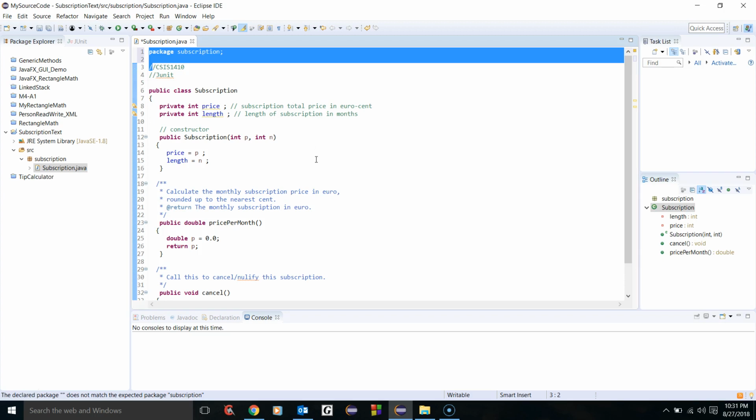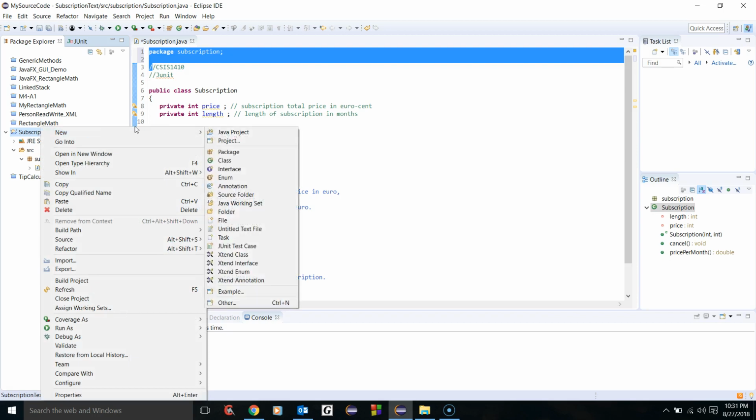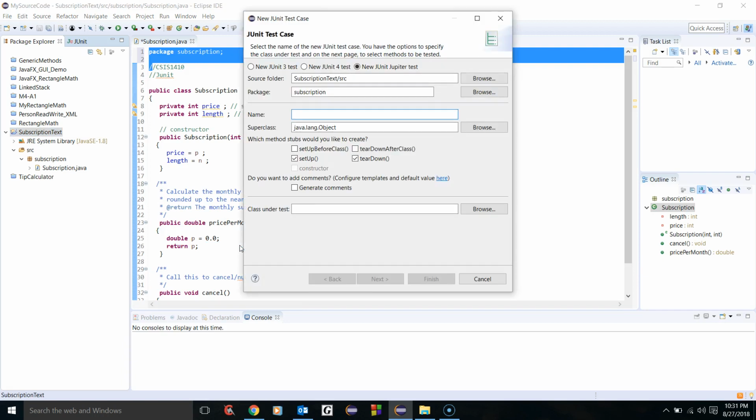Now what we want to do is set up a JUnit test case for this subscription class. So up here we're going to highlight again the project name, right click, and say New, Java, JUnit test case. Now this will be a little bit tricky, so pay very close attention here. We're just going to call this JUnit test case subscription test, we'll just say JUnit, like this. We want to make sure that we've got the setup and the teardown blocks checked here, and then